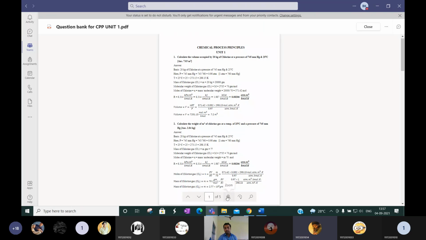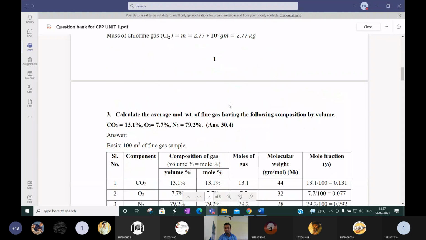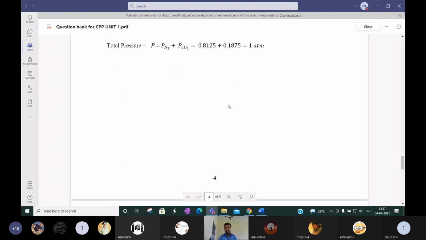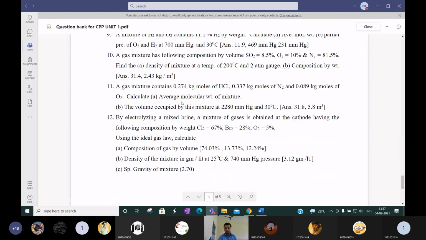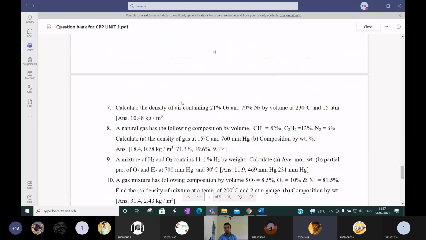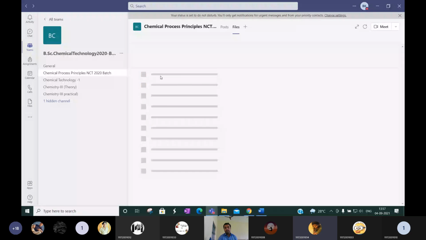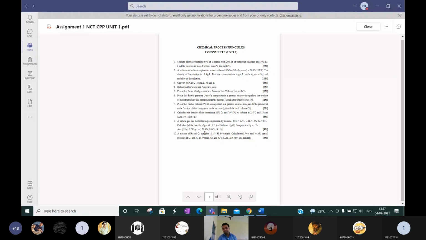Here I solved many new types of questions. Their answers are also there. For a certain concept, I solved 6 questions. Next, questions of similar concept are your homework. You have to solve them. I can't solve each and every type of question. Next, assignment 1 is also uploaded. This assignment 1 has 10 questions. Please write it and solve it.